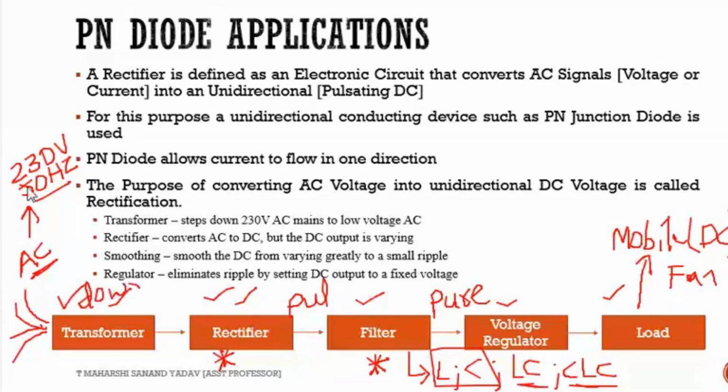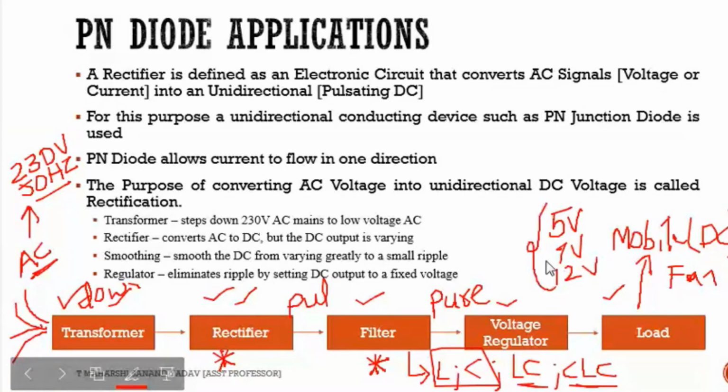So here I'm having 230 volt, whereas for our mobiles generally it will be in this range, suppose 5 volt, 9 volt, and next maximum it will be 12 to 15 volt. You can see this kind of batteries also in the market if you go. So here I'm converting 230 volt into a low amount of voltage. So simple, that's why I'm making use of step down.